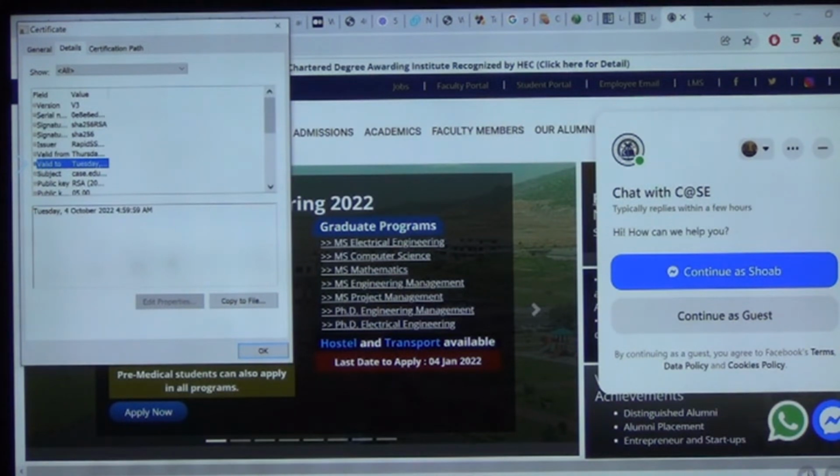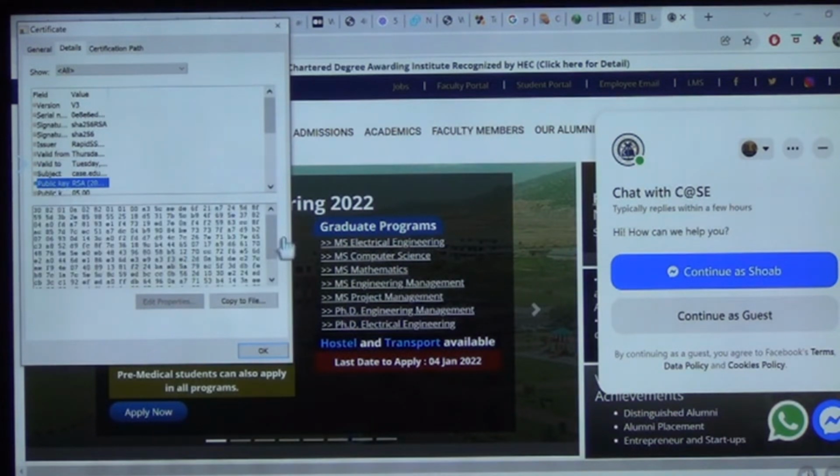So I need to get another certificate once the time expires to make sure that I have a digital certificate for my website. Then I go, subject मेरा है case.edu.pk. So if the baddie tries to use his certificate, it'll say no, this is not the case.edu.pk. So I'm going to drop that. Okay, ये public key है उसकी. Okay, so this is the public key.